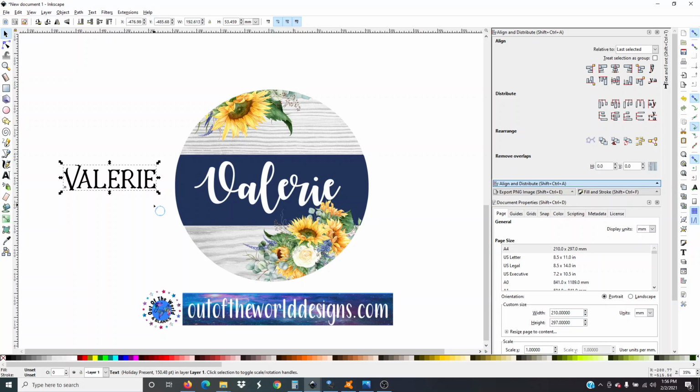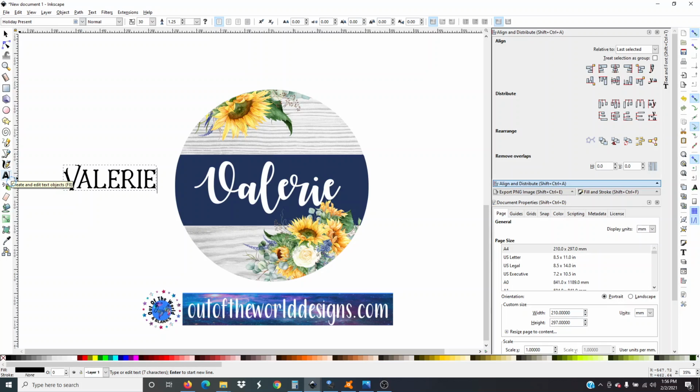Now, I want to change the font. How you do that is very easy. Make sure you've clicked on the name. We're on the name now. How we know that is because we have this dotted bar around it. You're going to click back onto the A, and once you click back onto the A, you'll see this bar up top pop up. And right here, if you go to the top, and you click on this arrow right here,